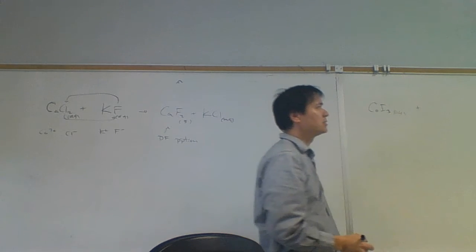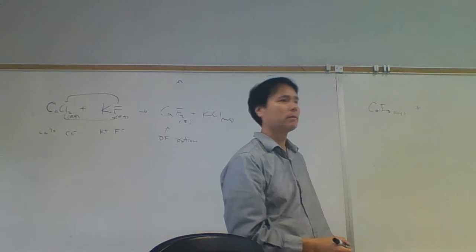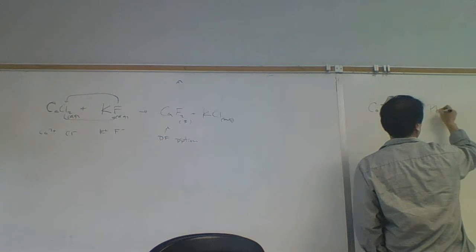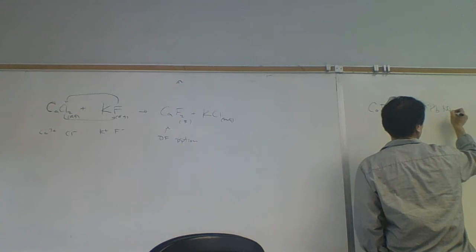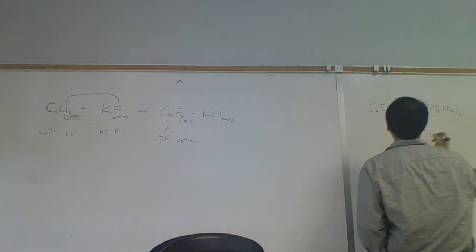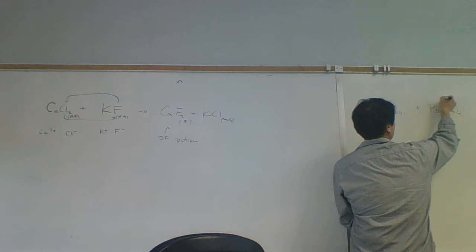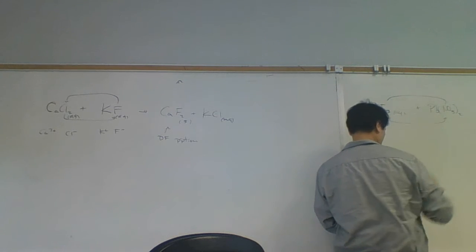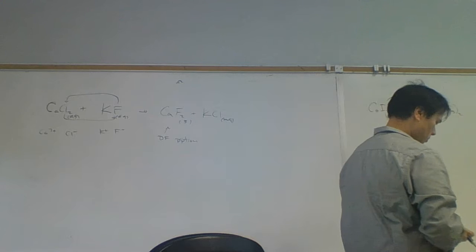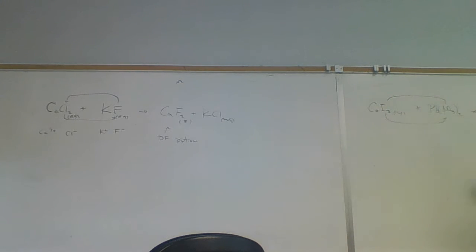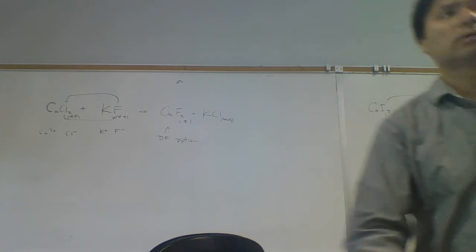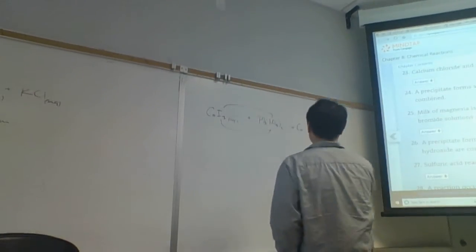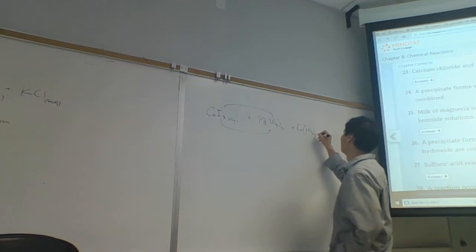Okay, and then the other one is lead-2 nitrate. What's the formula for lead-2 nitrate? Pb(NO3)2. Good. That's good. And then what we're going to do is we're just going to switch these. But when we switch these, what do we form? So now we're going to have the cobalt with the nitrate. So it's going to be cobalt. How many nitrates are we going to need to balance out the charge on cobalt? 3. And so this is going to be Co(NO3)3 plus